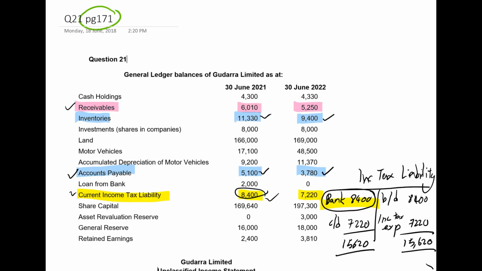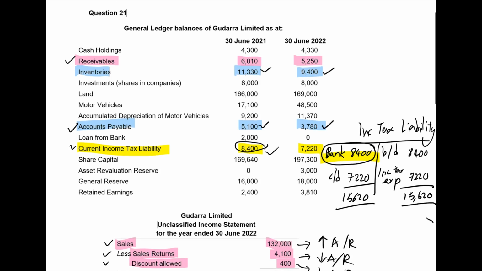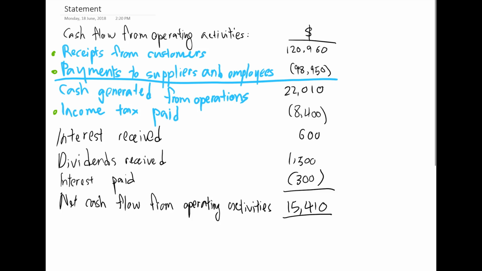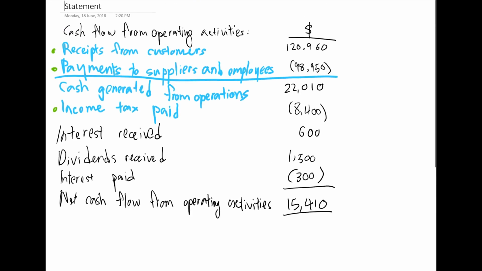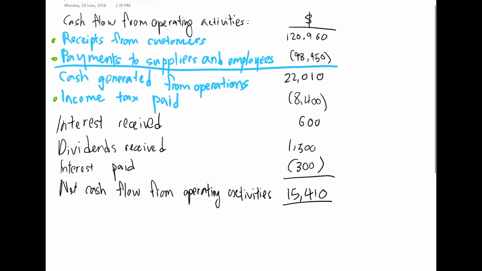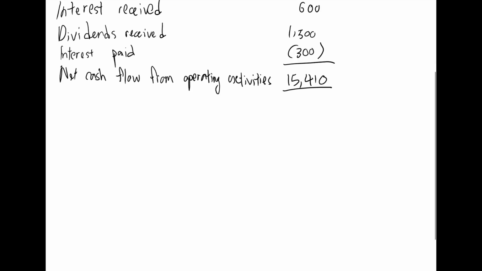In this video, I'm going to teach you how to prepare the investing activities part as well as the financing activities part. So for the investing activities part, you need to look at your non-current assets. Okay, so basically what I am going to do now is write the statements part for investing activities. So we will always start with cash flow from